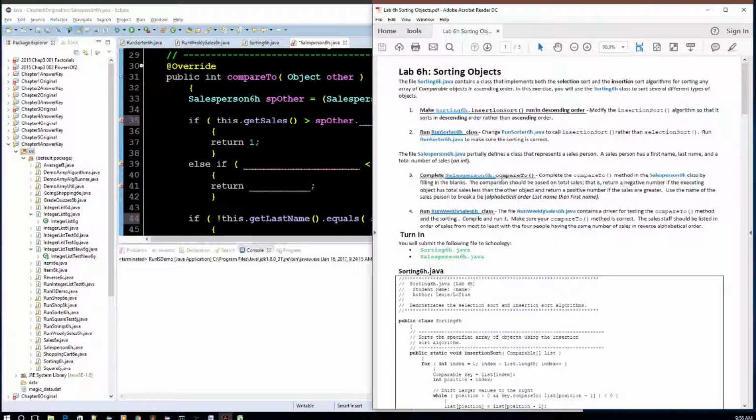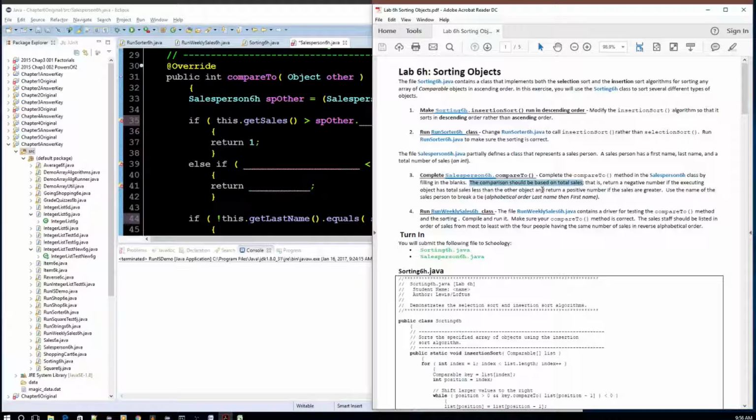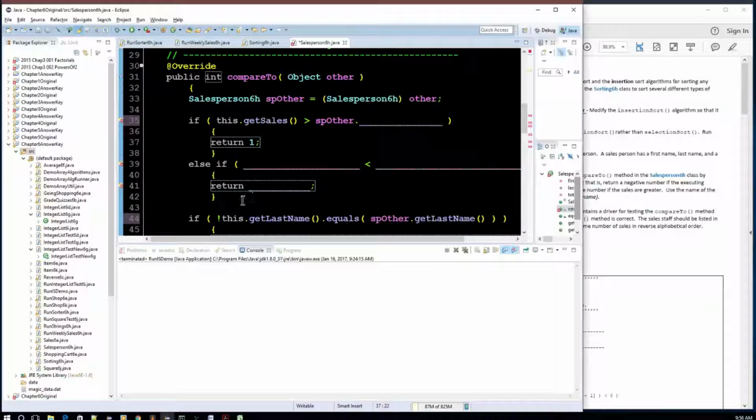Essentially, what we want to do is complete the compare to object, where the comparison should be made based on total sales. A salesperson has a last name, a first name, and how much sales they have. So if I have an array of these salespeople, I need to compare first by how much their sales is. So that's what we're doing here. If I'm using the compare to object, I'm comparing this person to another person, and I say if this sales is greater than the other sales,